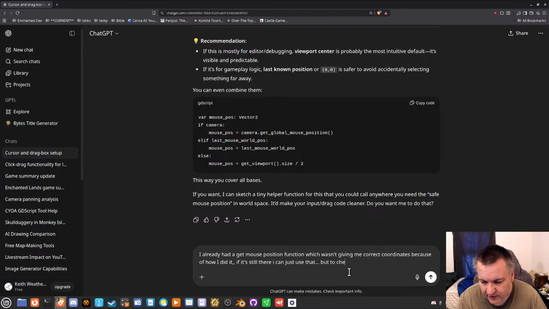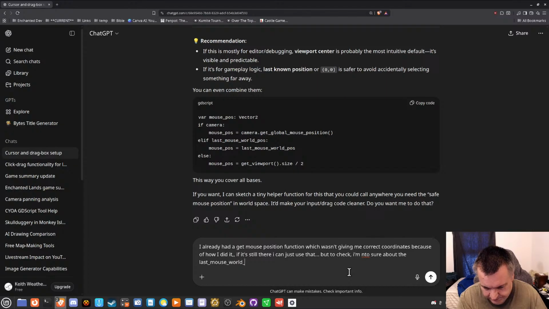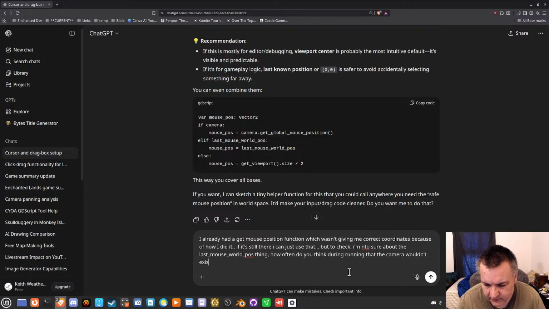But to check, I'm not sure about the last mouse world position thing. How often do you think during running that the camera exists?